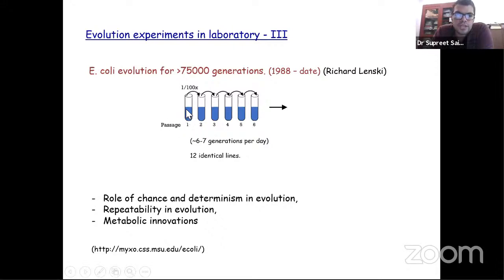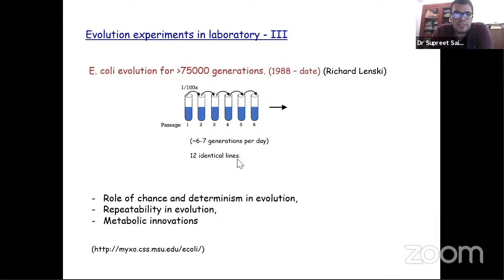So what you do is you take 1/100th of all the cells present here and transfer them to a fresh flask, which is containing the exact composition as the starting flask did at t equal to 0. And you keep on doing this every single day. This experiment has been going on for, well, now more than 30 years. And doing an experiment like this, we can do some math and understand that you process 6 to 7 generations per day. 75,000 generations is a lot of generations. And there are over 200 publications from this experiment alone in these 30 years that have passed.